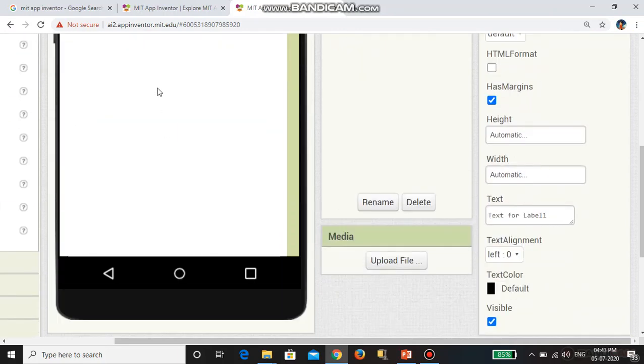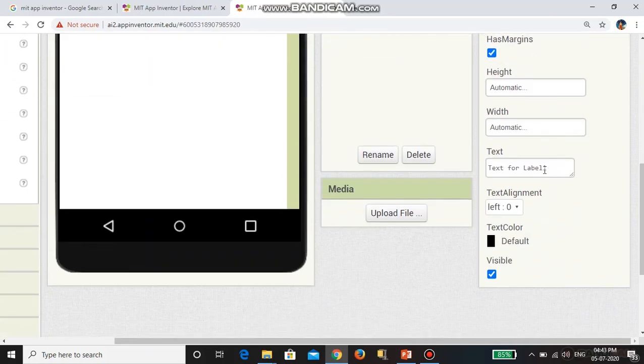For example, I want to name this label. The name I'm giving is online registration.